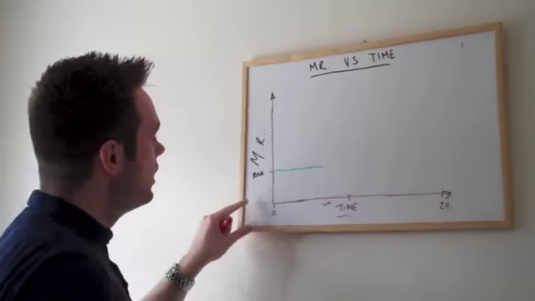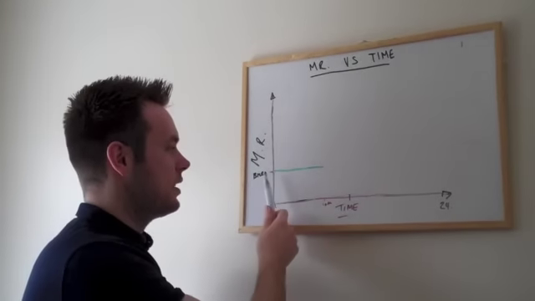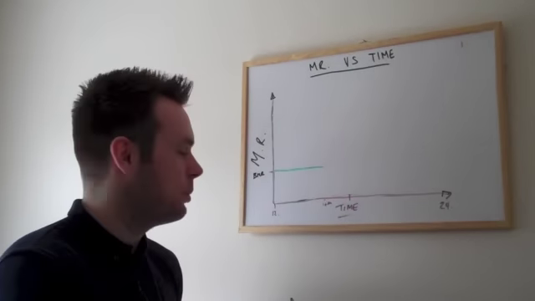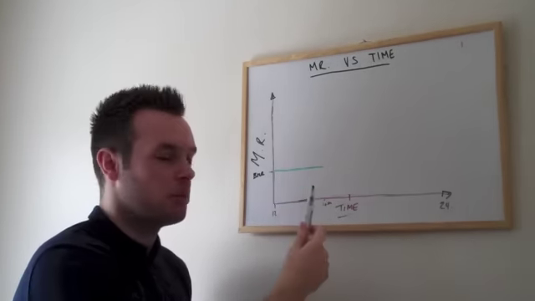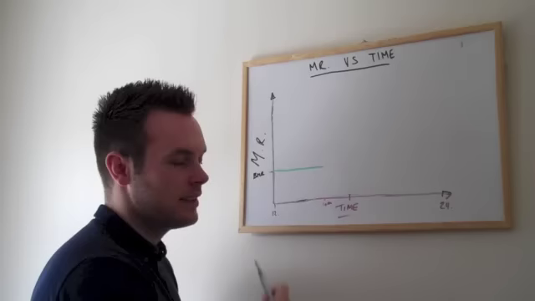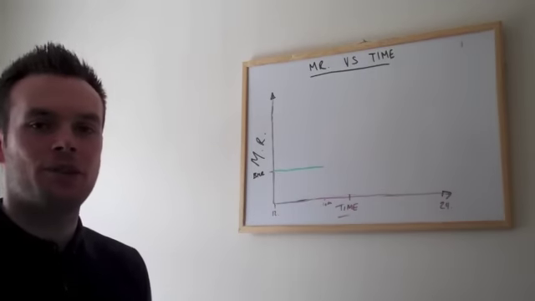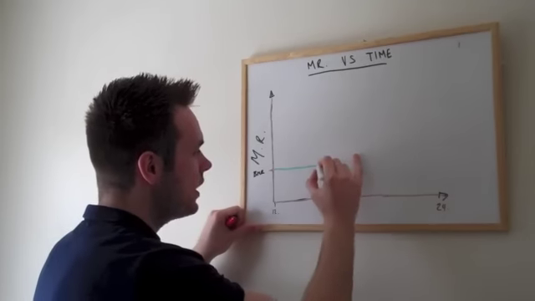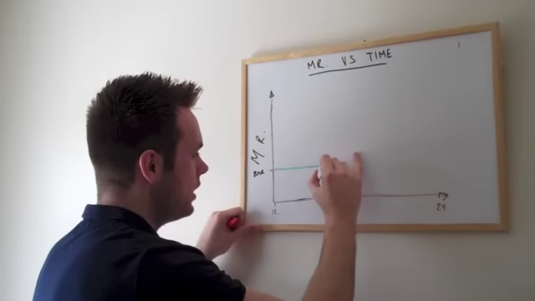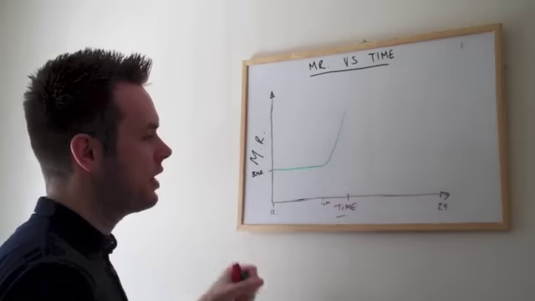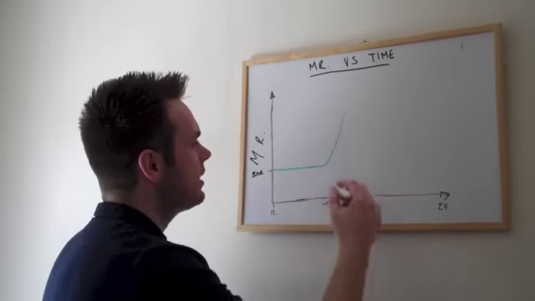When you get up in the morning, let's say your metabolism, obviously it's not going to be perfectly straight like that, you're going to have ups and downs, but let's just for argument's sake say it is that rate, it doesn't matter about the number, and then at 10 o'clock in the morning you decide to work out. Obviously when you work out you increase your metabolism and then you start burning more fat, so from there you go up like that. You work out for say 45 minutes to an hour,